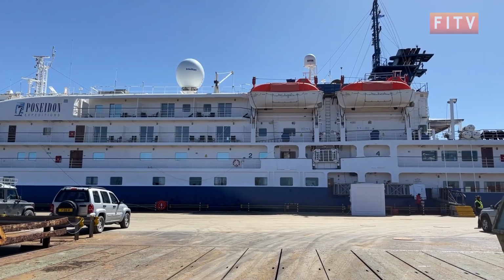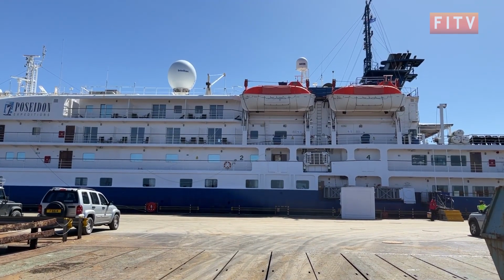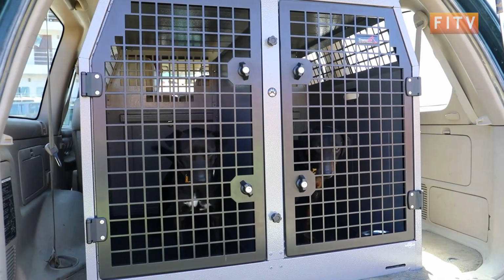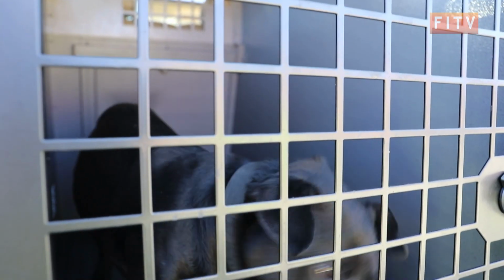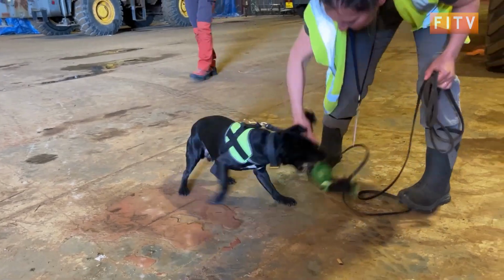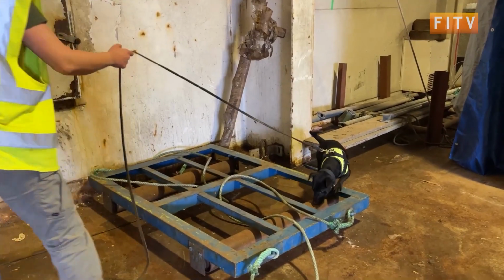And obviously the cruise ships are coming back, which is great, but it means that there's an awful lot of work for one dog team, too much in fact. And so the government of South Georgia have bought 2 new dogs, and we've got now King and Hunter as well. They've joined the team, and we've also got a new handler, Duncan Willis. So we were able to spread the workload out a bit more easily and really cover much more of the